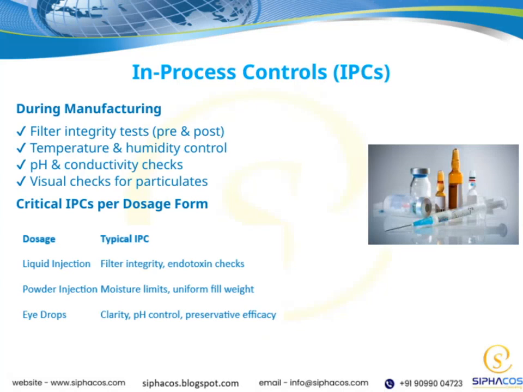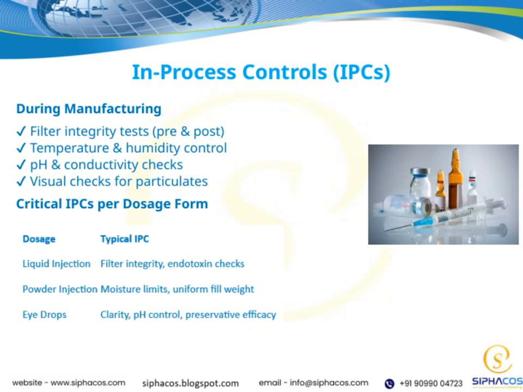Now, let's talk about in-process controls, or IPCs, during manufacturing. These are the key checks we perform to ensure product quality throughout the process. First, we conduct filter integrity tests both before and after filtration to make sure our filters are functioning properly and not compromised. Next, we monitor temperature and humidity carefully, as these environmental conditions can significantly impact the quality and stability